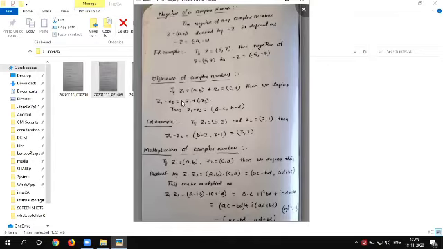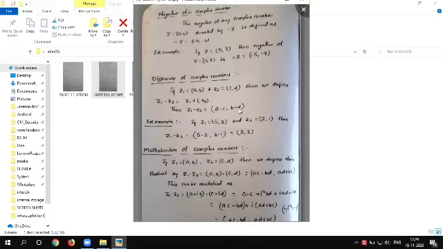Now apply the addition of two complex numbers, that is z1 plus the negative of z2. Already we discussed the addition of two complex numbers, which gives a minus c comma b minus d. But to subtract directly, z1 minus z2, we subtract the real parts, a and c, that is a minus c, and the imaginary parts, b and d, that is b minus d. This is the simple difference of two complex numbers, a minus c comma b minus d.